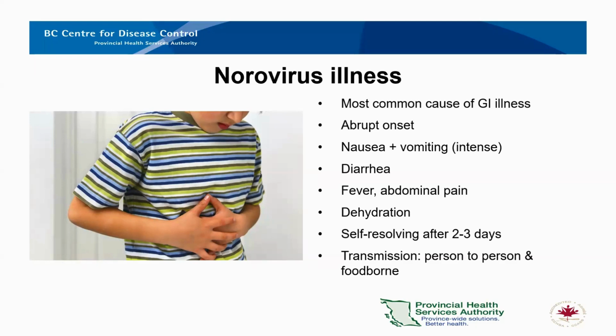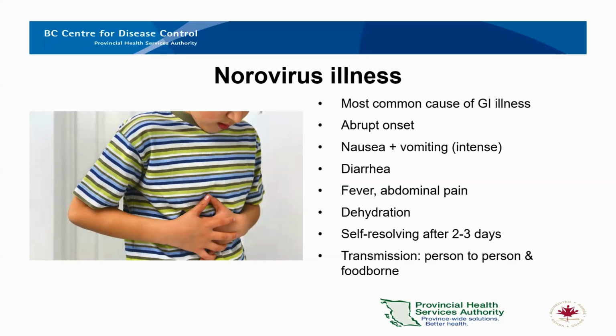My son probably vomited several times within the next 2 hours. So it tends to be very intense vomiting when this happens, and it really starts very quickly. It's not something that builds up over time. Oftentimes it'll start with vomiting and then transition into diarrhea. Some people can have a little bit of fever and abdominal pain. The main concern with this virus is typically dehydration. People can get dehydrated just because of the amount of vomiting and diarrhea that can occur.